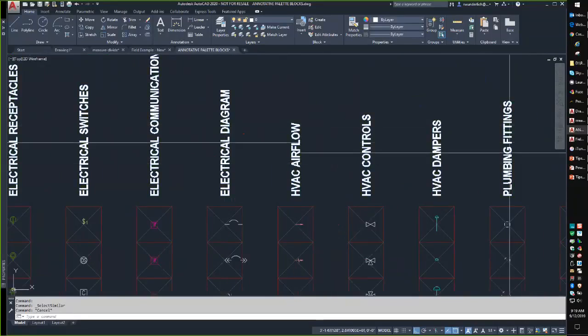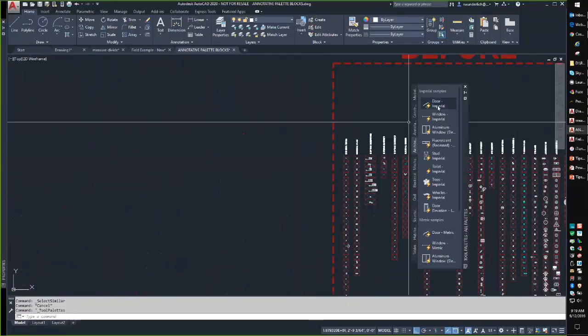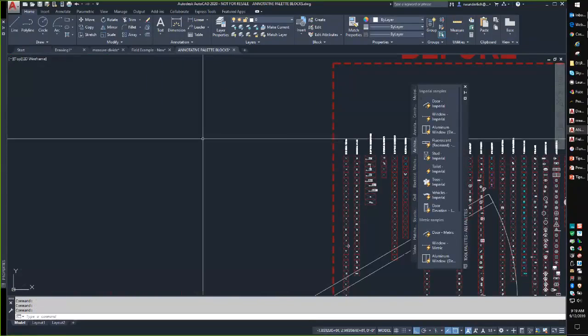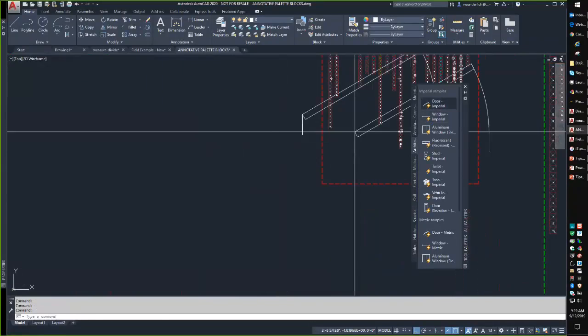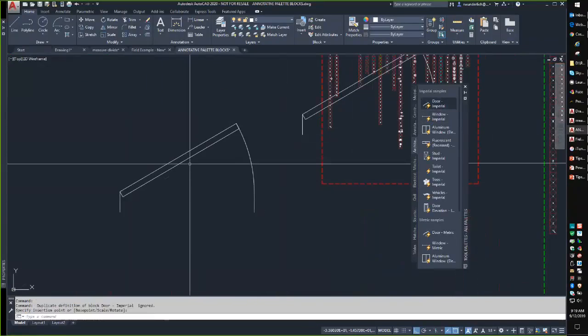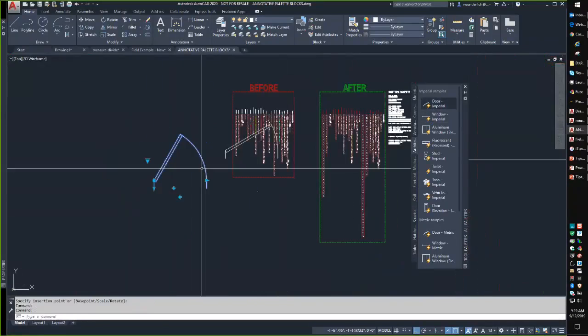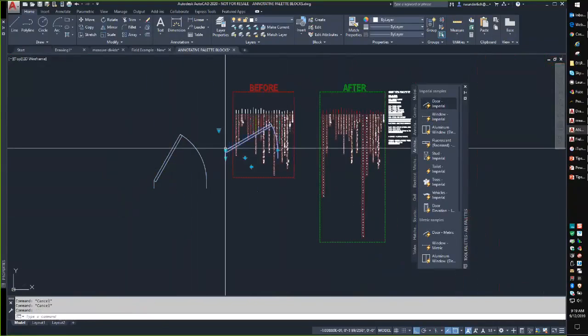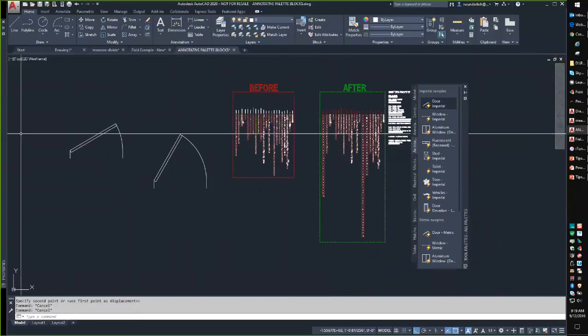So let's come back and let's go ahead and go Control-3 to bring up a tool palette. Let's bring in an imperial door, right? And we'll bring in another imperial door here. We will change our view state, right? And we will move this block over here. So now when I do my QSelect,